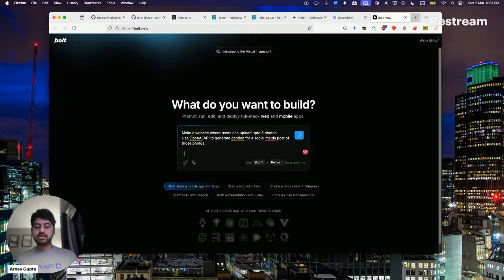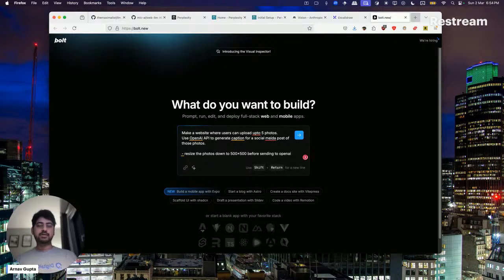A few steps: maybe compress, or rather I would say resize the photos down to 500x before sending to OpenAI.